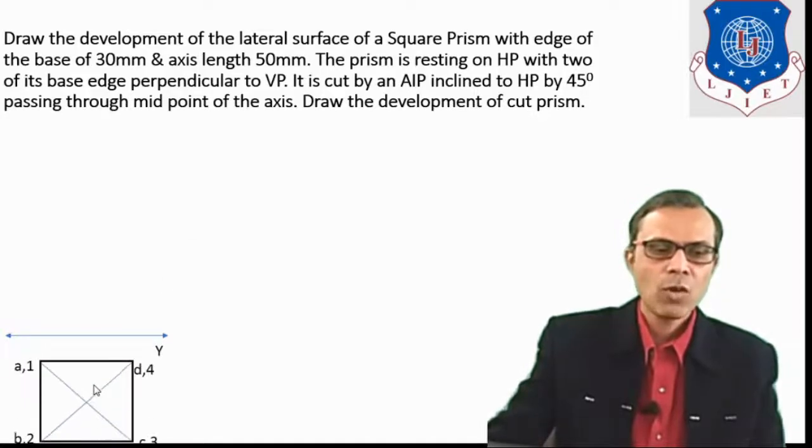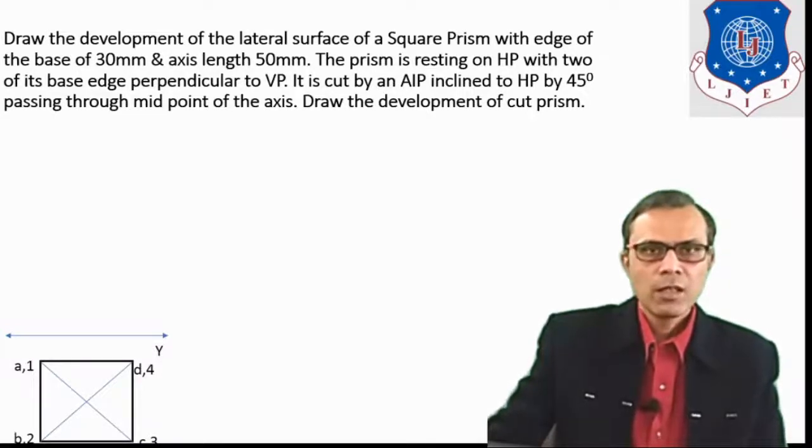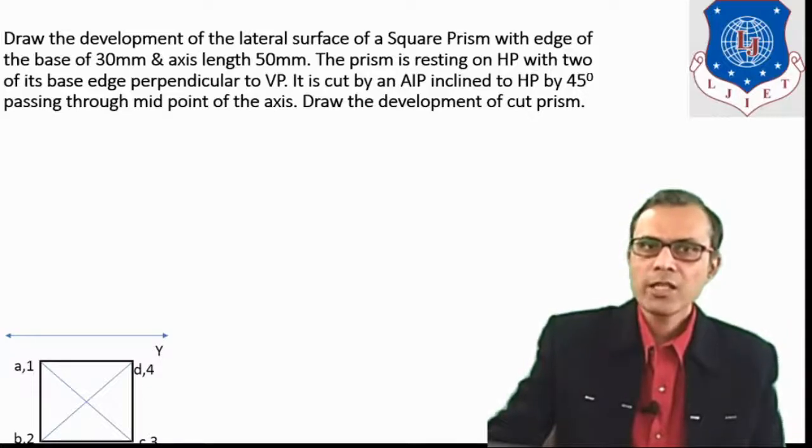So it is a square of size 30 mm, and the prism has two bases, top base and bottom base. So to differentiate both of these bases, we will mark them with different notations A, B, C, D and 1, 2, 3, 4. Now to find out the axis of the prism, we have to locate its center point. So join diagonally opposite corners, join points A and C and another points B and D. The intersection of these is the center point through which the axis of this prism passes. So let's consider O as the center point of the prism.